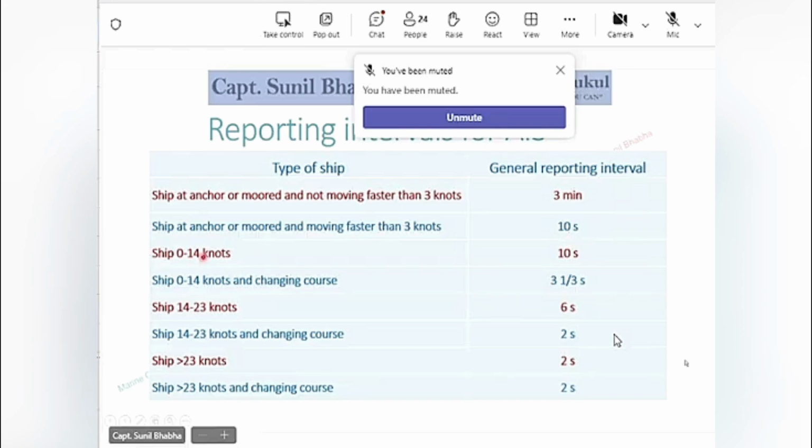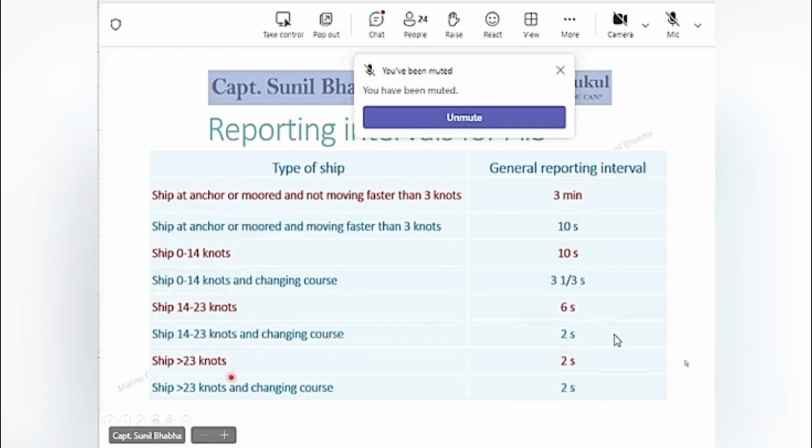Ship which is proceeding en route with 0 to 14 knots, the frequency is 10 seconds. The ship proceeding with 0 to 14 knots and changing course, it is 3.3 seconds. Ship 14 to 23 knots, the frequency is every 6 seconds. 14 to 23 and changing course, every 2 seconds.